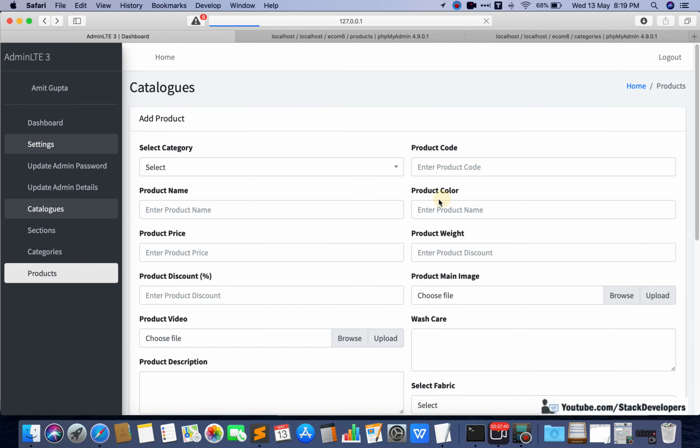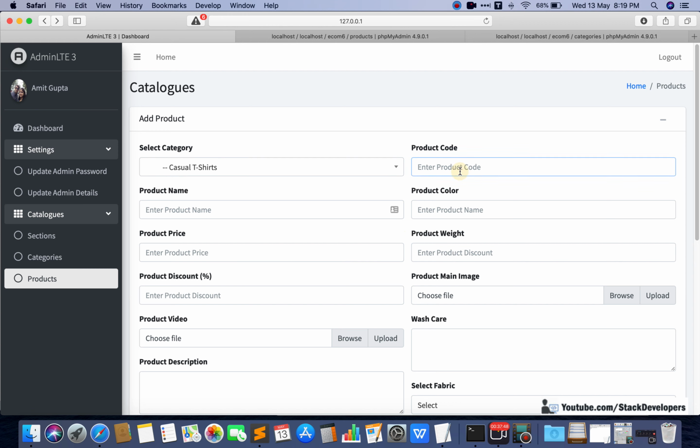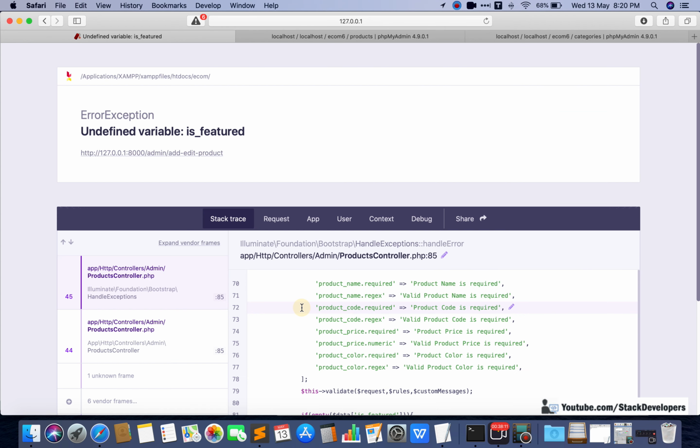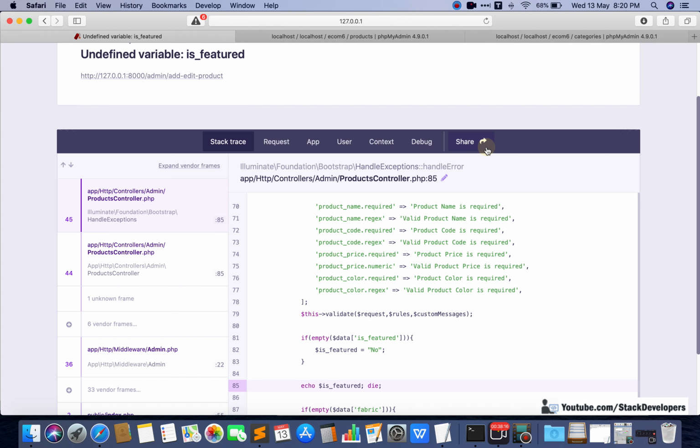So such kind of issues do come. Okay, so we just need to correct these issues. Yellow t-shirt. Oh sorry, once again I am adding, I will replace these two fields. Okay, no issue, because it is creating issue for me. Okay, yellow and 1500. Now I'm going to check this one, and we'll see here. See, is featured is coming as empty now. No issue.